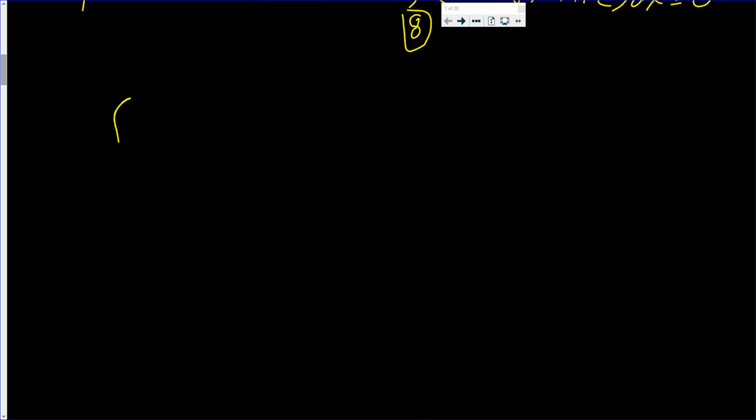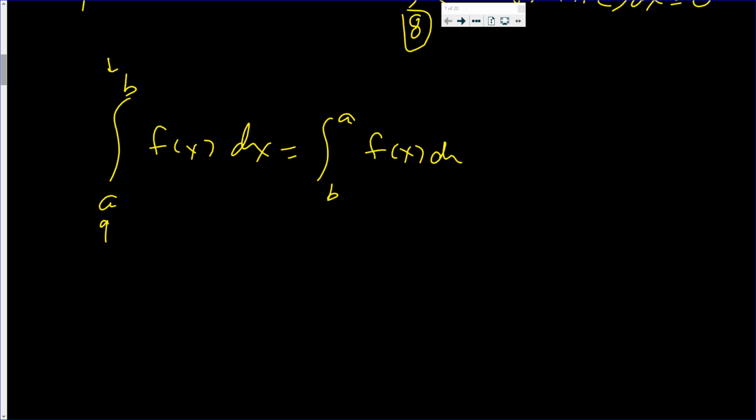Now, there will be times where it would be very friendly if these limits were switched. That is, from b to a of f of x dx. And you can do that as long as you factor out a minus sign. Now, the next rule that I want to talk about, and actually the last rule,